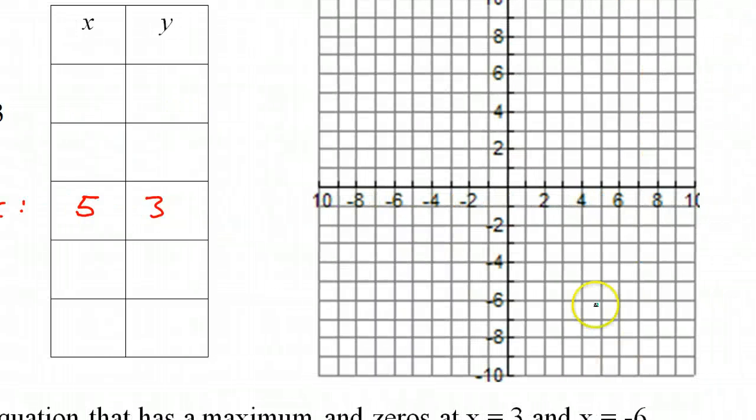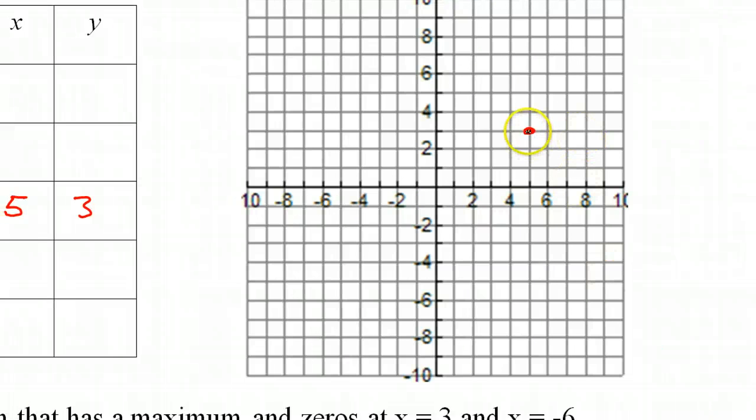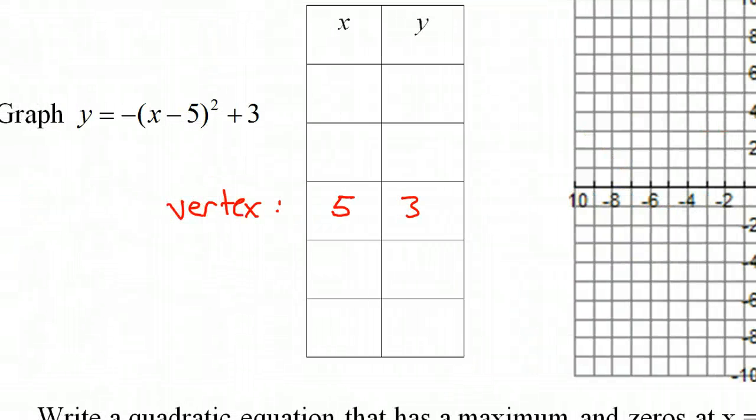So we might as well go ahead and graph that. So there's 5, 3. This should be the vertex right here. The fact that this is negative means that we really are expecting an upside down graph like this. So just watch for that to happen. But anyway, the rest of this we can get by